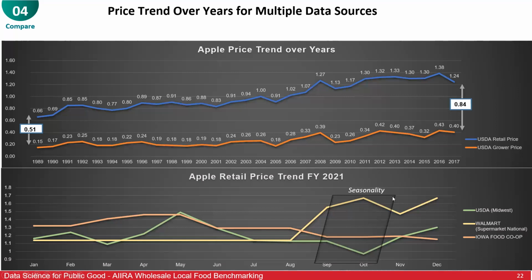So those two reflected the downturn of the economy, while Walmart just kept going up. It's a further explanation of why this research is so important, because Walmart didn't adjust when the national economy took a hit, but the Iowa Food Co-op and the USDA Midwest did. So these kinds of events affect a local economy way more than they do the national scale.